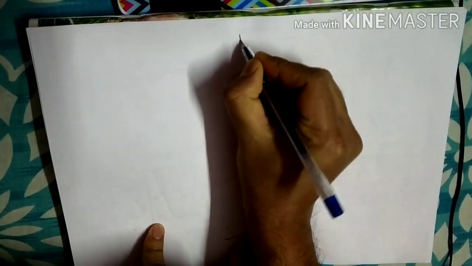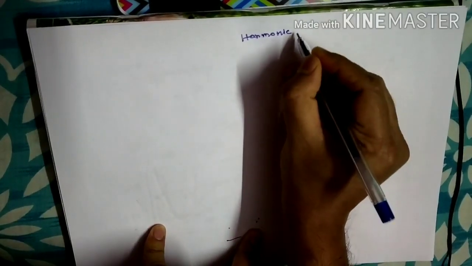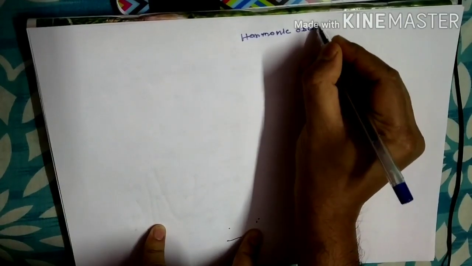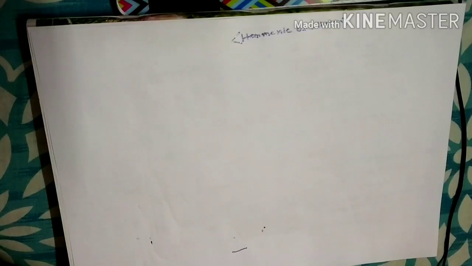Welcome friends. In this lecture I will talk about one of the quantum mechanical systems that is known as the harmonic oscillator. So this is called the harmonic oscillator model system. This harmonic oscillator model system is basically a quantum mechanical model for how atoms vibrate. This model system will describe how the atoms vibrate.